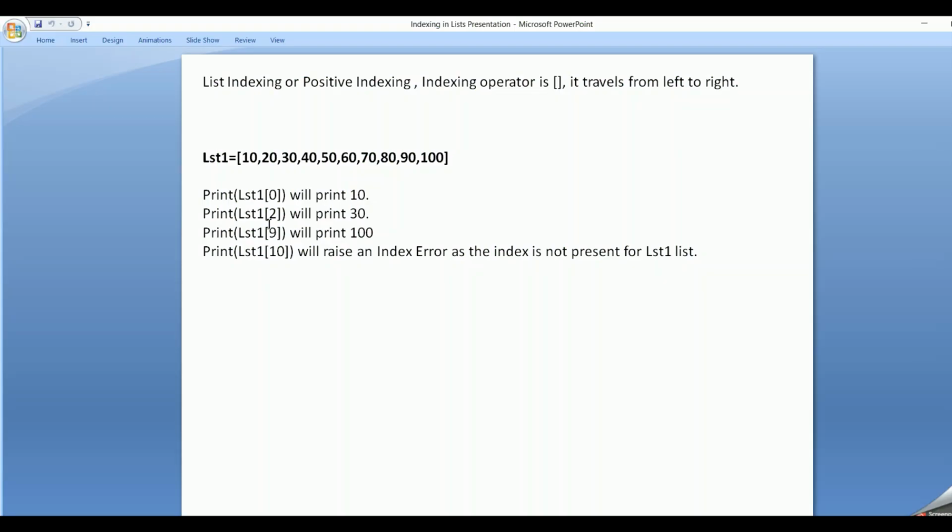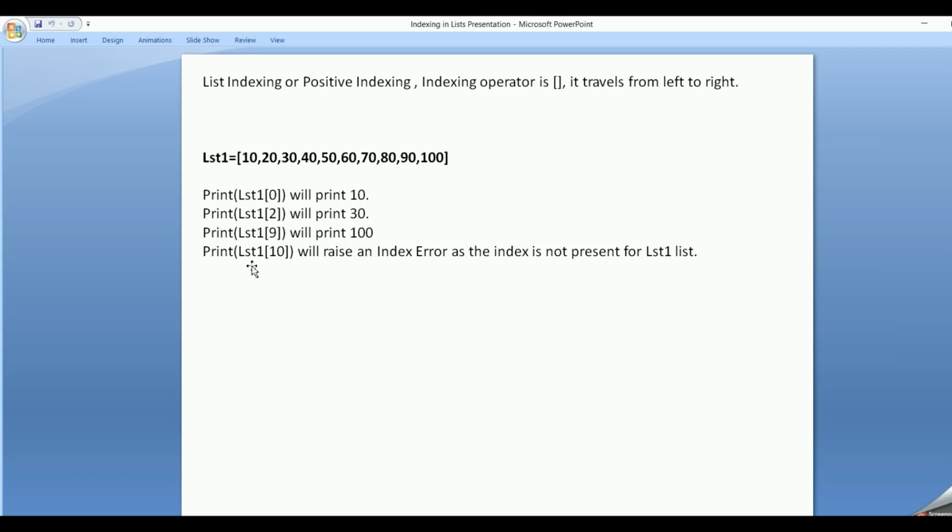If I say lst1 of 2, then it will print 30, because it is 0, 20 is at first index and at the second index we are having the value 30. If I say lst1 of 9, 9 is nothing but the last index. Since there are 10 elements, the last index will be n-1, 10 minus 1, so it will be 9. So we get the value 100.